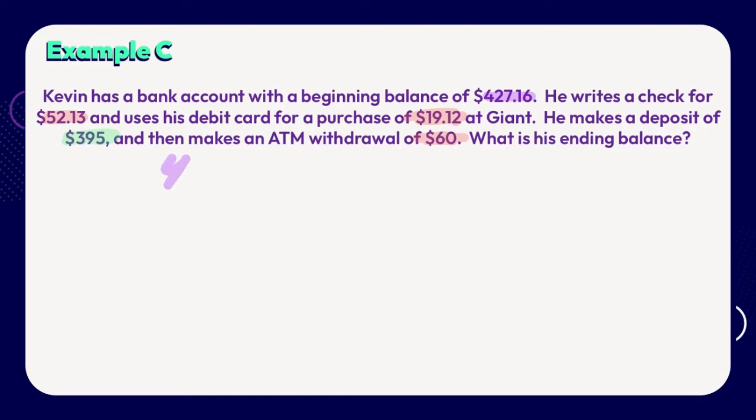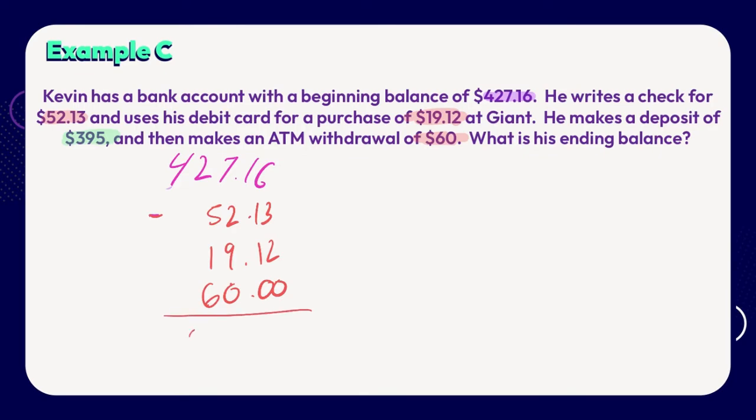Again, I need an actual pen. Always hard to switch over here. We could take the $427.16 and we could do all of the subtractions first and then do the addition at the end. It's really up to you which thing you would like to do. So I'm going to subtract the $52.13, the $19.12, and the $60 from his account to begin with. If I do that, I end up with